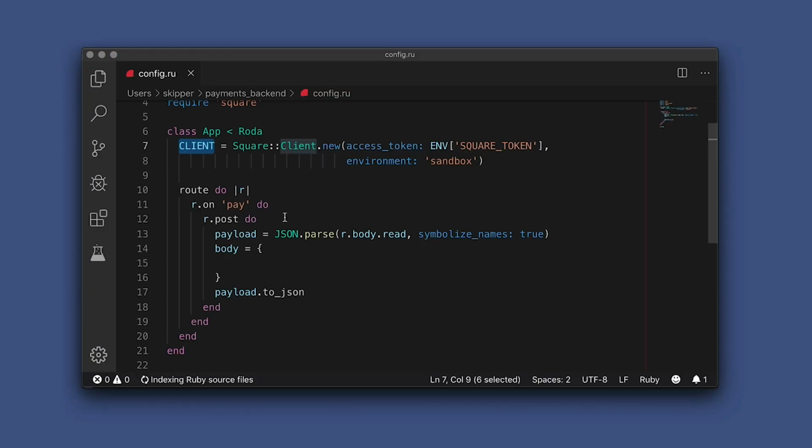And then I went ahead and just added in this placeholder body hash, and I haven't done anything else, but I think we're ready to copy over, instead of lowercase client dot payments, it'll now be the constant. Right. So we'll client dot payments dot create payment, and then this time it'll take the body that we're going to define above. Great. So it looks like I have this installed here, so we can actually get back to